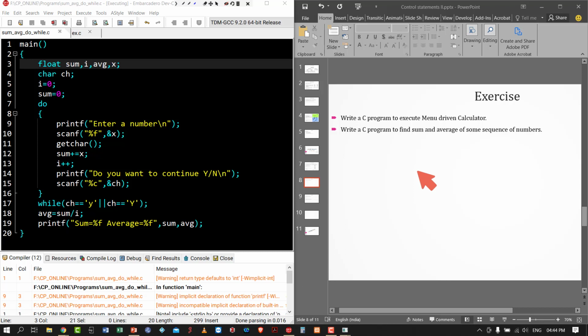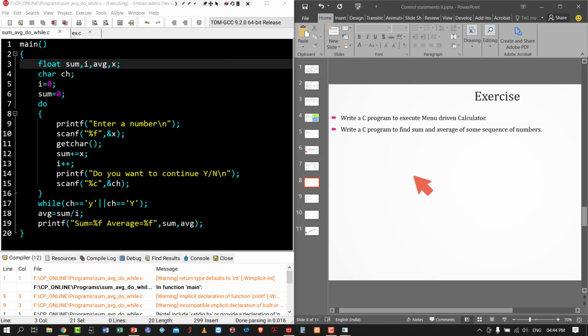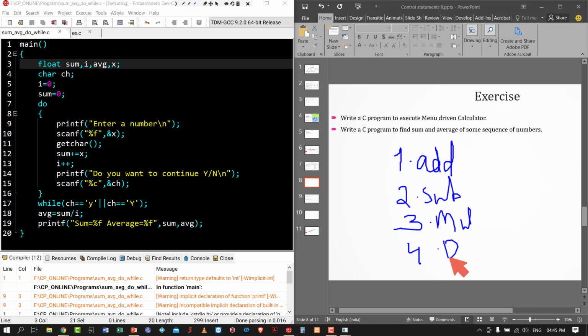In this program, the output contains a list: 1 for add, 2 for subtraction, 3 for product or multiplication, 4 for division, then 5 for exit.